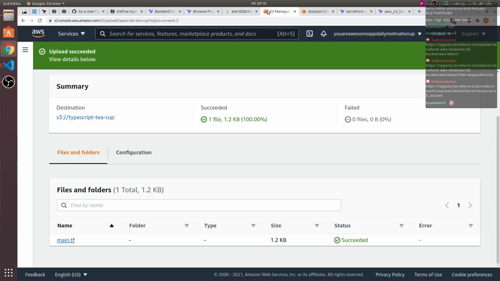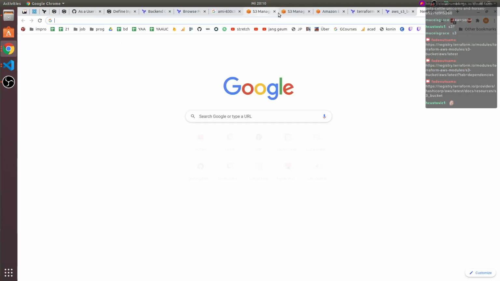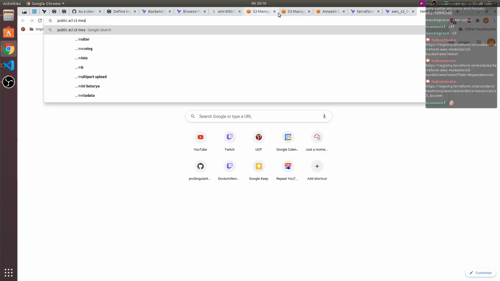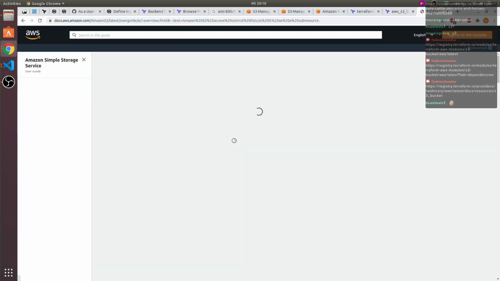What does public access actually mean? Do we have to? Public ACL S3 meaning. Enable you to manage access to buckets and objects. Each bucket and object has an ACL attached to it as a sub-resource. Okay.